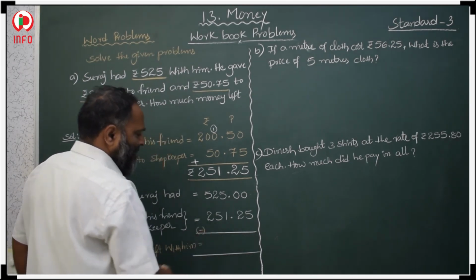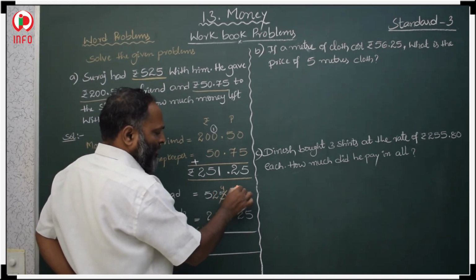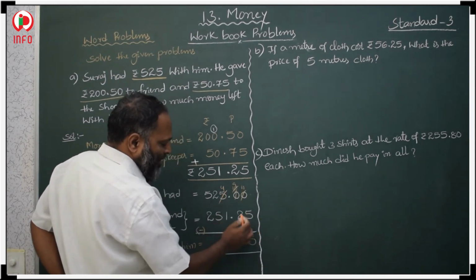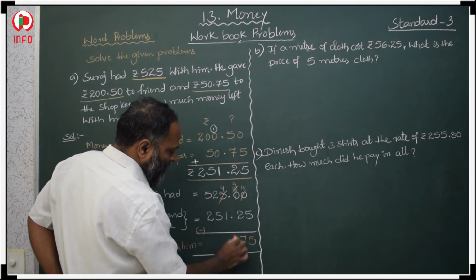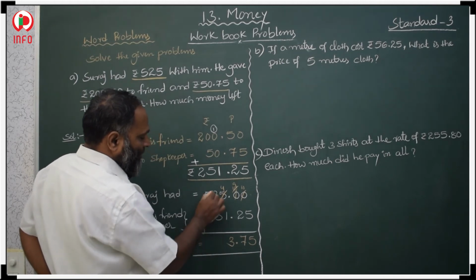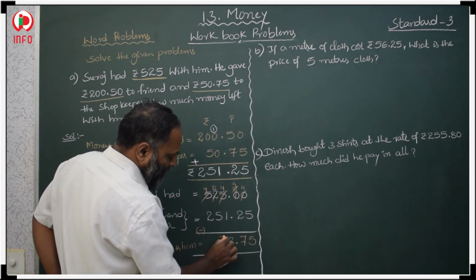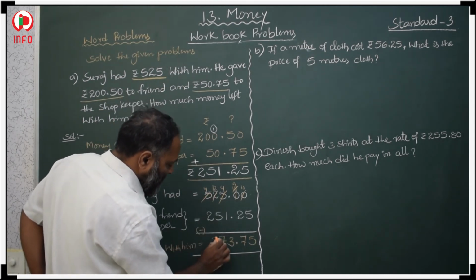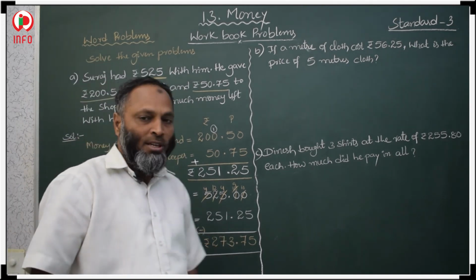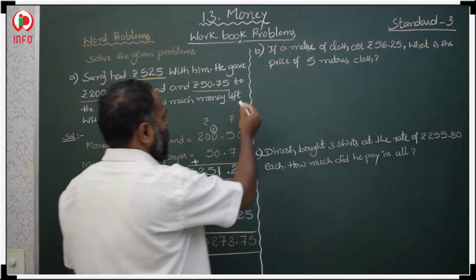How much amount is left? So that means you should take carry. Here you will get 4, here you will get 10. Here 9 and here 10. 10 minus 5, 5. 9 minus 2, 7. 4 minus 1 is 3. 2 minus 5, again borrow from here, 4 and 12. That is 12 minus 5 is 7, 4 minus 2, 2. 273 rupees 75 paisa. So this much amount is left with him. Okay. The next question.